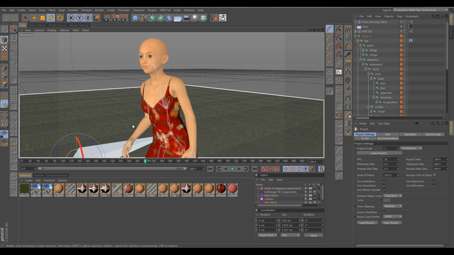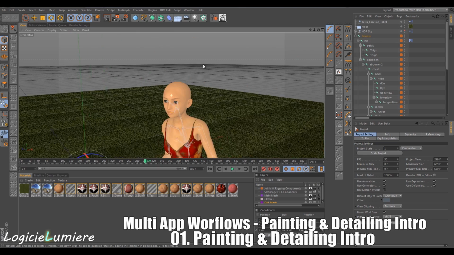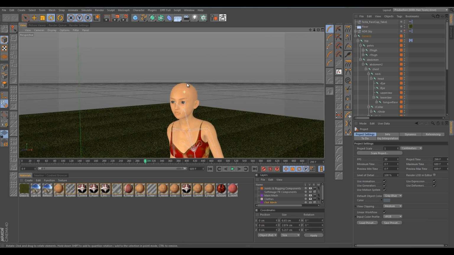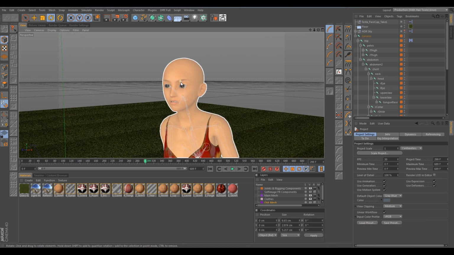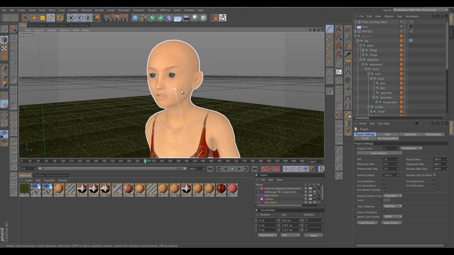Today we're going to be talking about painting and texture workflows in ZBrush and Body Paint. Alright, so when we left off, we had just finished animating our face in Softimage. And we went through that workflow in the last tutorial,